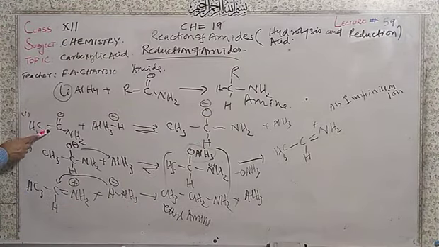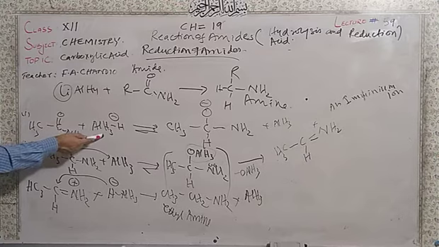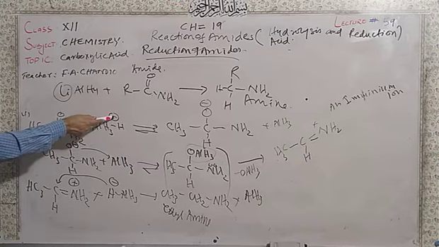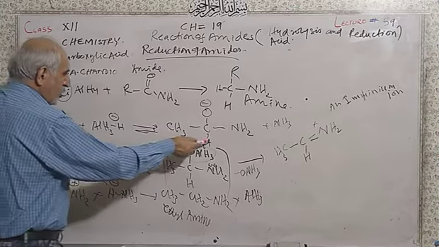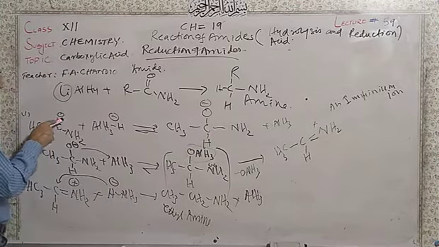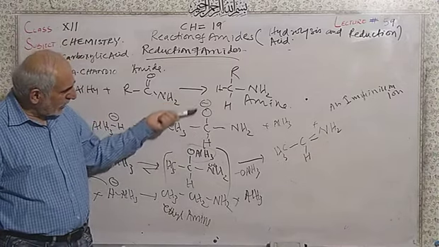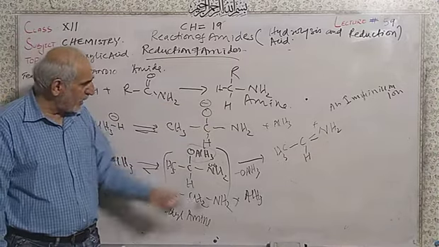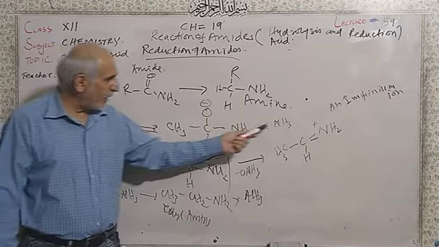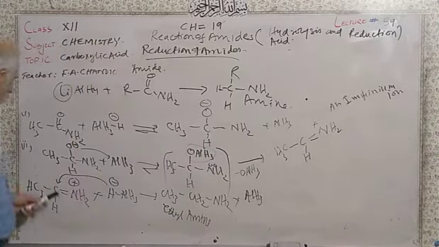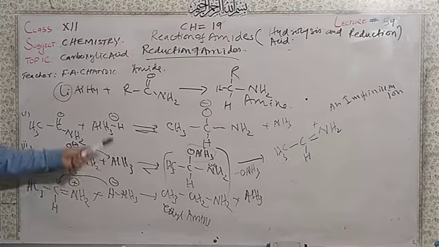So dear students, this is the amide, the acid amide. This is the reagent, the reducing agent. The hydride ion is going to be combined with this carbon. You are seeing the hydrogen is attached. The double bond is removed. The valency of the oxygen is not satisfied. A negative charge is created here, and this is the amine here. And then aluminum hydride is going to be removed, this one. So this intermediate product is going to be the acid, because aluminum hydride is removed.